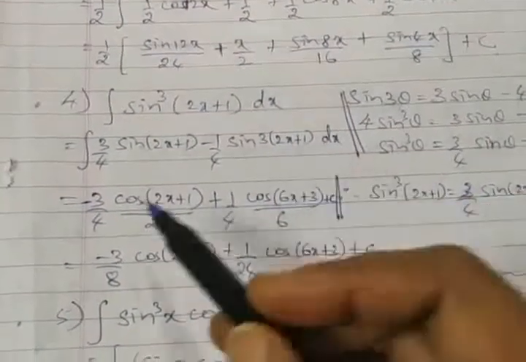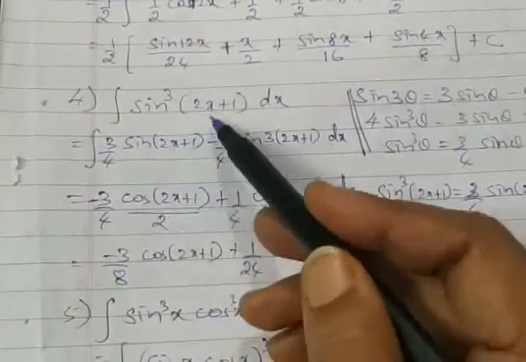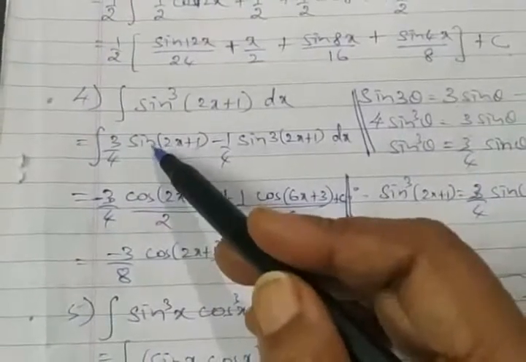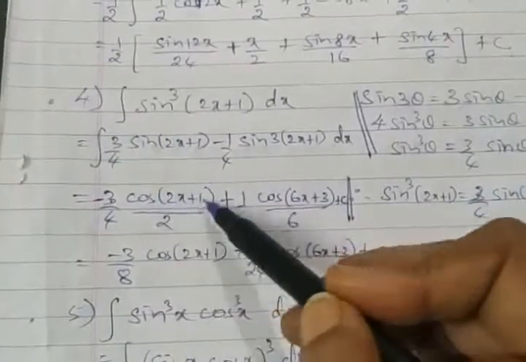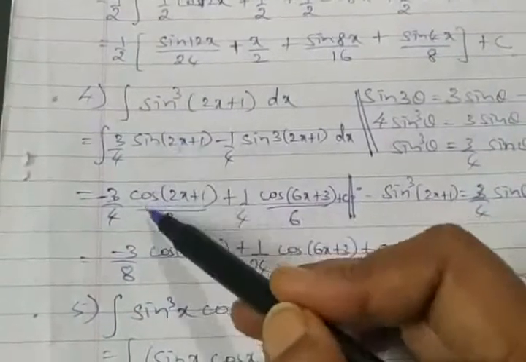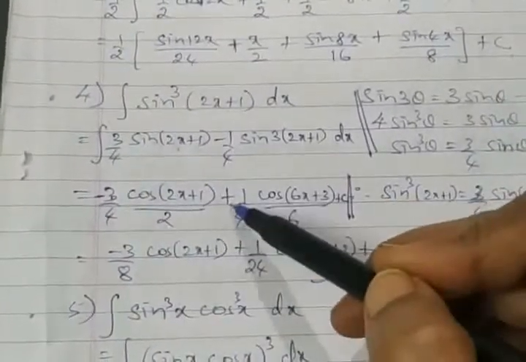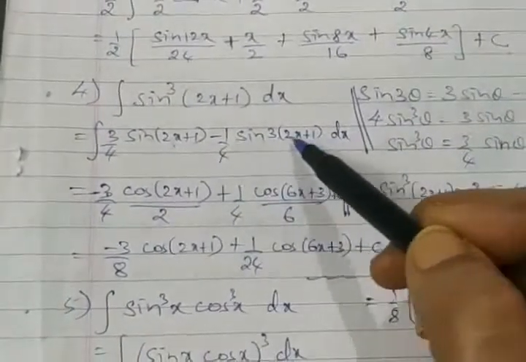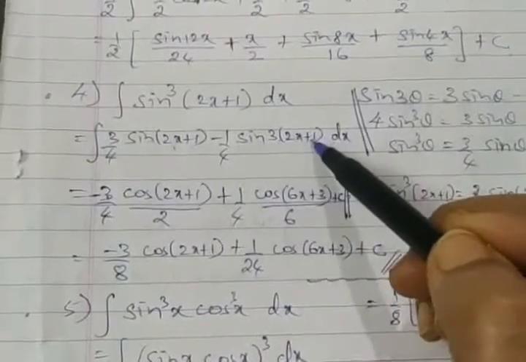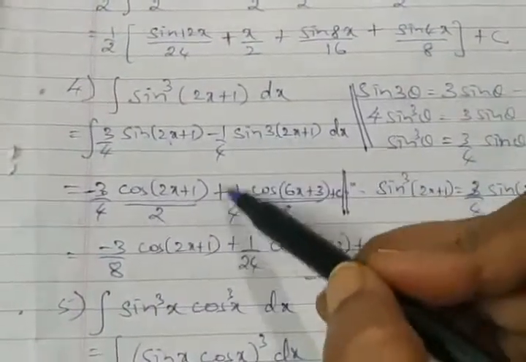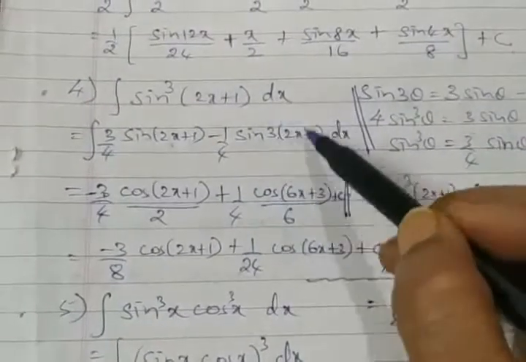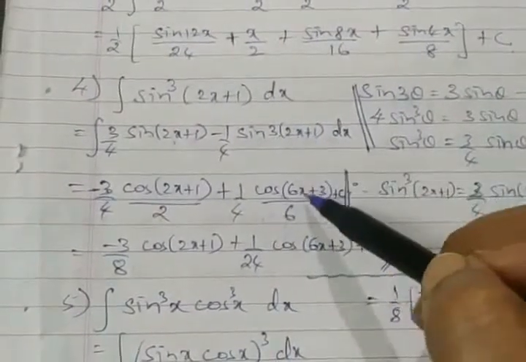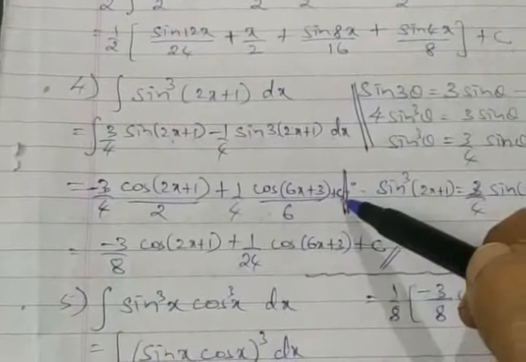So once we write the step here, we are left with the integration process. We are left with integration, 3 by 4 kept as it is. Integration of sine is taken as cos of (2x plus 1), denominator x coefficient is 2. Minus 1 by 4 kept here, integration of sine of 6x plus 1, sorry, 6x plus 3. Integration of sine, another minus gives plus cos of (6x plus 3) whole divided by the coefficient of x, which is 6, plus c.